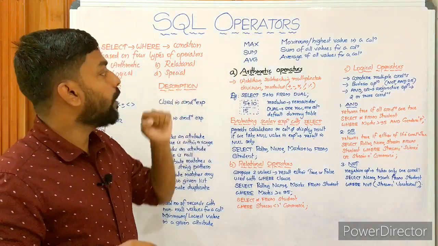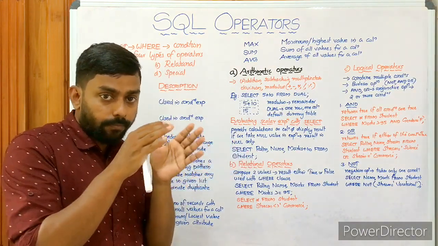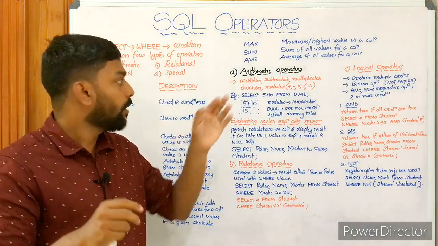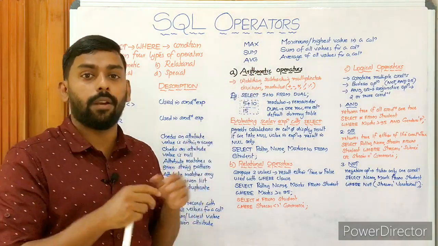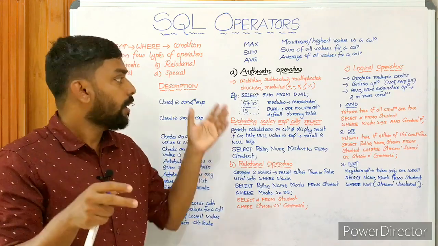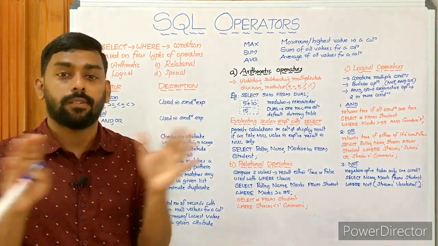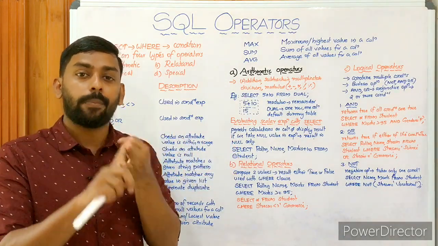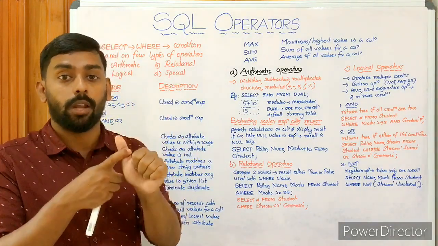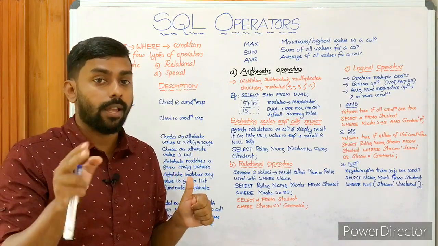Yes. Next one is arithmetic operators. Let's look at all these operators in detail. Let's start with arithmetic operators. We have already applied arithmetic operators. Arithmetic operators are used to perform basic arithmetic operations, like addition, subtraction, multiplication, division and modulus. We have a fifth operator, modulus, which returns a remainder.